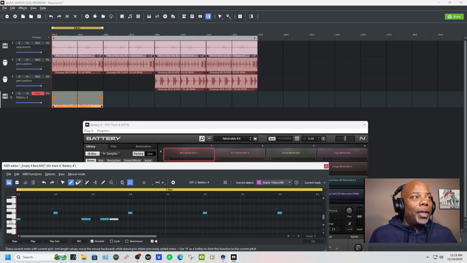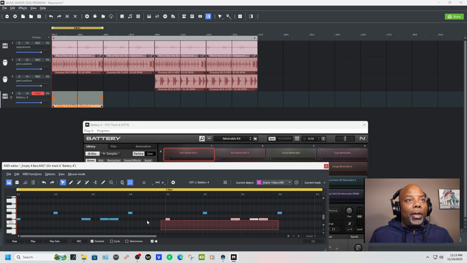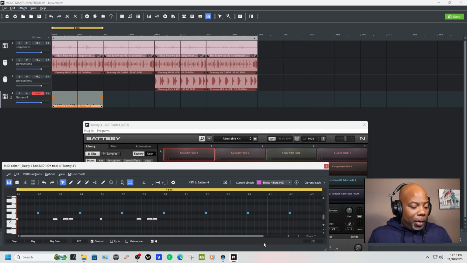So what I'm gonna do is change my mouse thingy right here to the selector tool. Control D is duplicate. So instead of me having to re-punch them in, I just bring them over 1 bar. So now, if I even want to do something better than that, Control D duplicate, and then I know where to start on the 3 and the 1, right here. Now I just made a quick 4-bar count kick drum pattern. These are patterns that I'm creating. So now that I got this pattern,